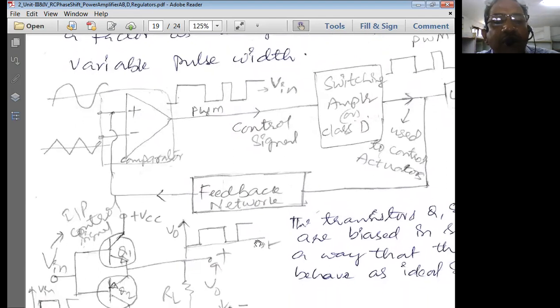Okay. Now practically, how can we use this circuit? This is a practical example of the utilization of the class D power amplifier. See here, this class D is used as a switching amplifier because we always operate with a PWM output. The PWM signal is given as input to the amplifier circuit, and the output of the amplifier, which has been increased in terms of power level, is applied to the comparator circuit.